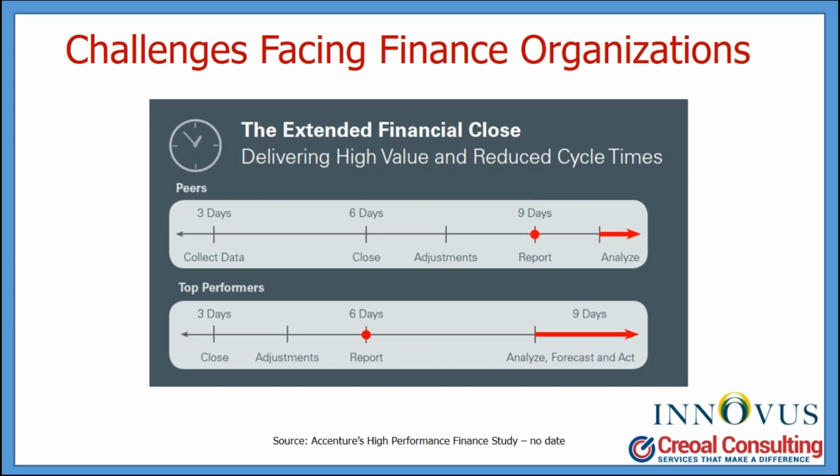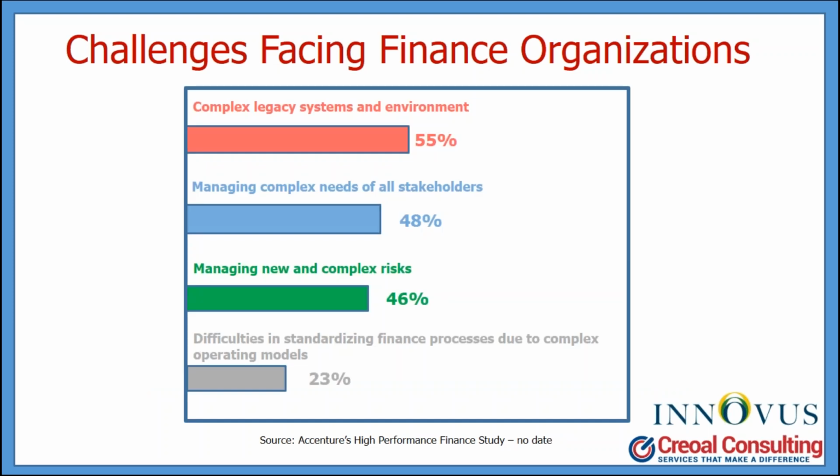Whereas the top performers, those folks that have a small close cycle, are doing 6 days to get their books closed and adjusted, and then they're doing the reporting. So obviously that gives them additional time to do analysis. And what that means is you can see if you need to lower production or take hedges against currency, which gives you a little more flexibility, the faster you can get your books closed. Doing it the old way with Excel and Word is no longer the way to manage your close process. Use the latest next generation tools rather than doing it manually.